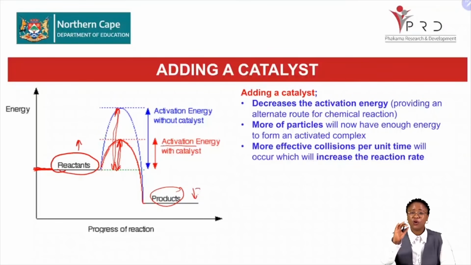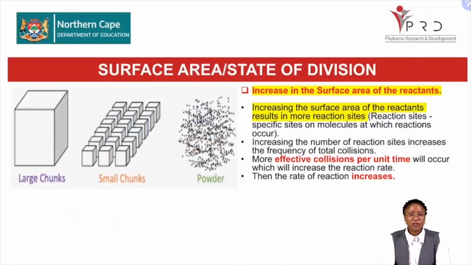All right, so it lowers the activation energy in order for the reaction to take place. The reactants and the products will still remain the same. So this is another way in which the examiner can show you the different graphs. All right, now that we have looked at the graphs, the next factor is